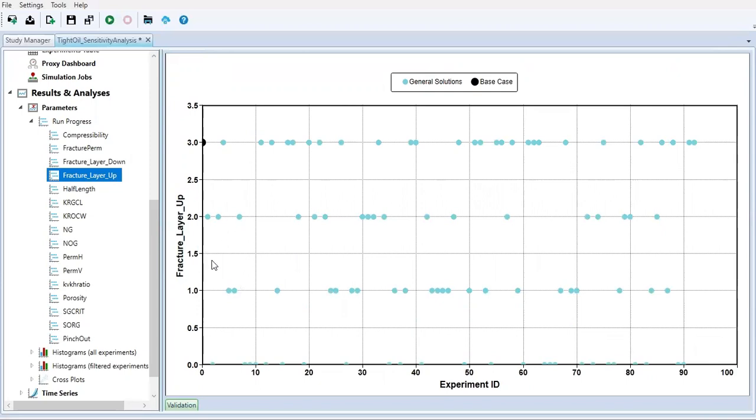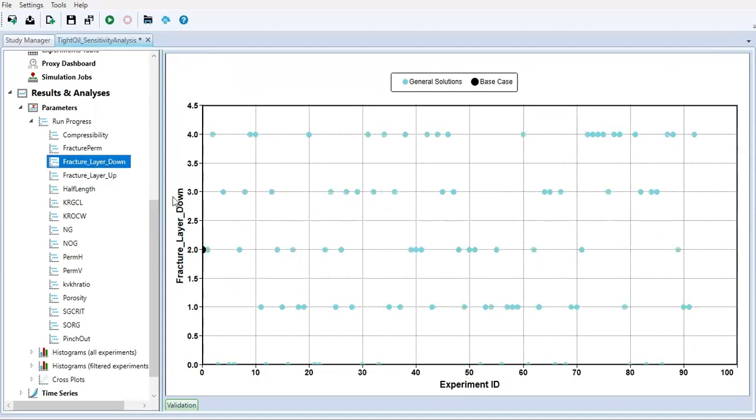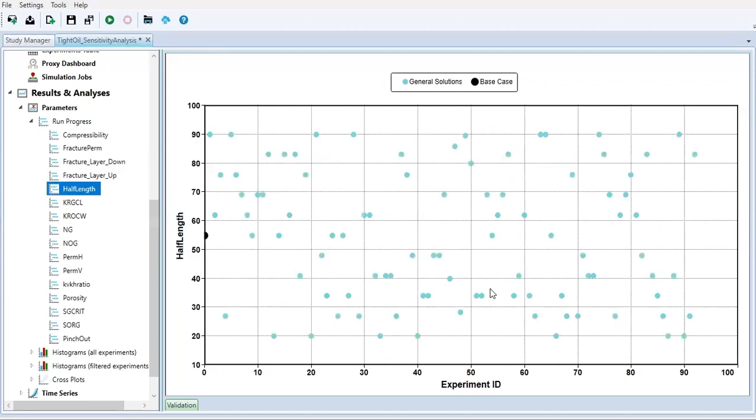So we don't have 1.5, 1.25, 1.3. We only have 1, 2, 3. We have integers for fracture layer up and fracture layer down, okay? Because for fracture layer up and fracture layer down, we are talking about how many layers our fracture will extend to. And we only have 1 layer, 2 layers, 3 layers, 4 layers, discrete. Then half length,